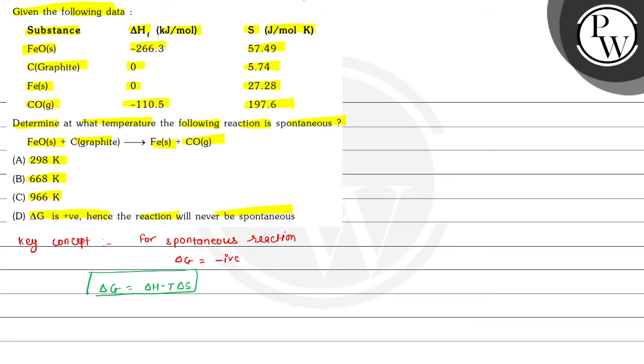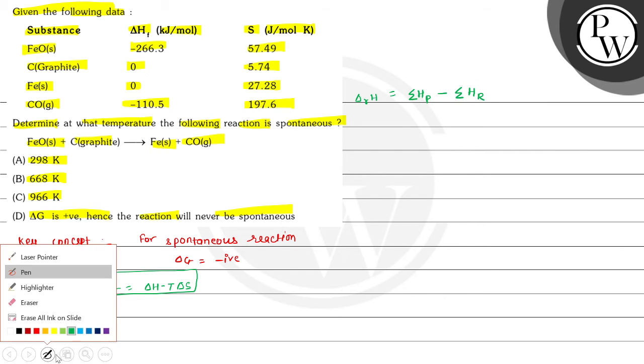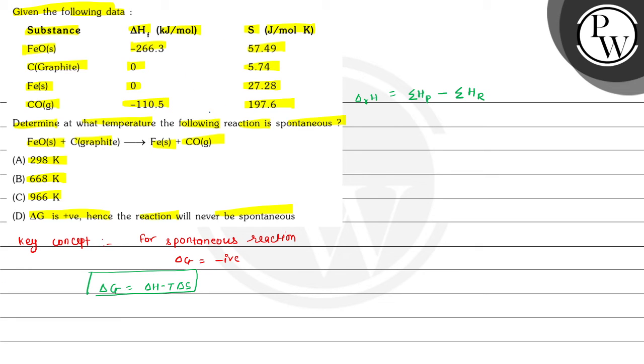So firstly we will write the change in enthalpy of reaction. So that here the change in enthalpy of reaction is equal to the summation of enthalpy of product side minus the summation of enthalpy of reactant side. Now the data is given, so we can write at product side here iron and carbon monoxide is present. For iron solid, its enthalpy is given as 0, and for carbon monoxide the value is given as minus